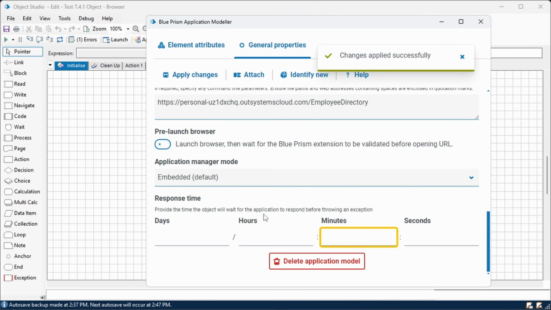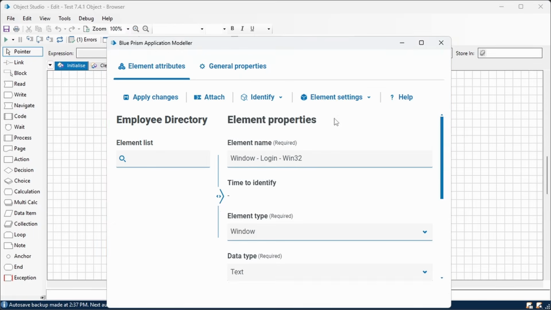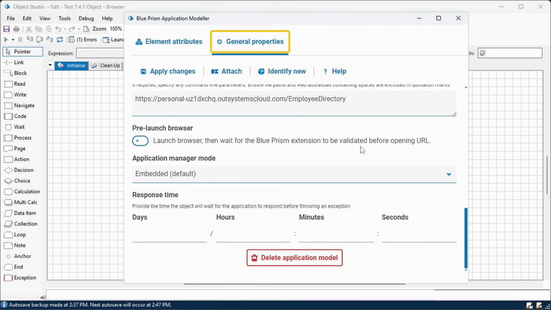Provide the time the object will wait for the application to respond before throwing an exception. Right? I can't type any numbers. Okay, so that doesn't work. Oh man. All right. There might be a few things to submit as bugs, but they're all really small things